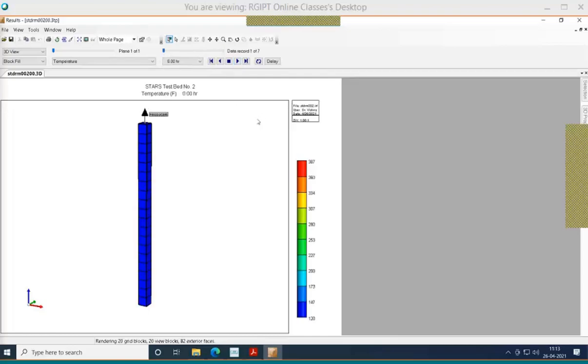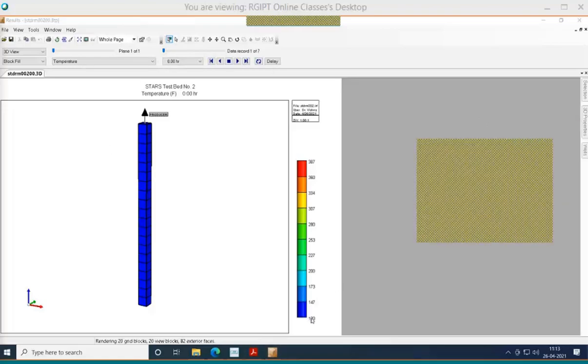Initially there was no burning, no reaction, so the entire core is at 120 degrees Celsius. Then let us play. Here the burning started, and after some time it propagated. The maximum temperature in this case we can observe is 606.